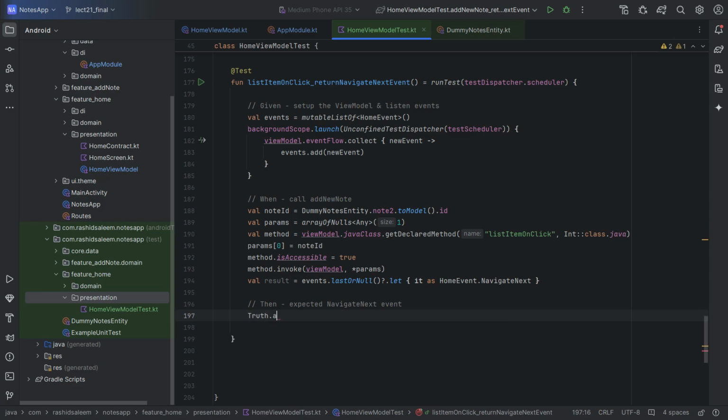So truth dot assert result, first of all this would be an instance of this navigate next,